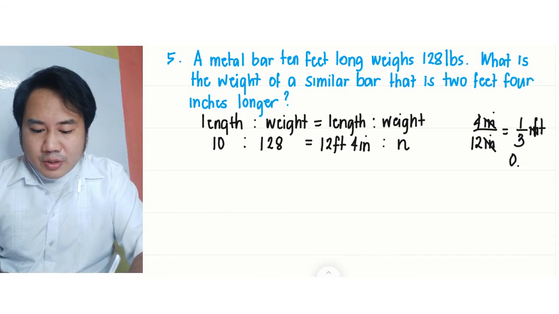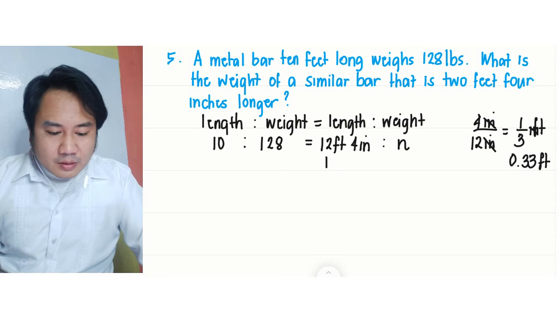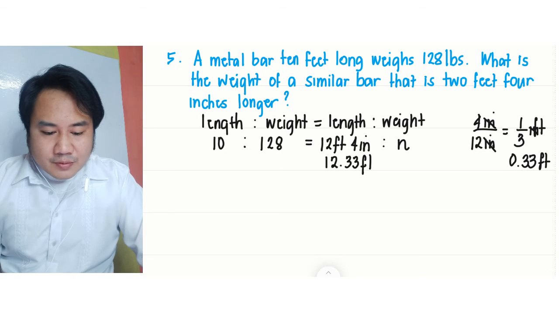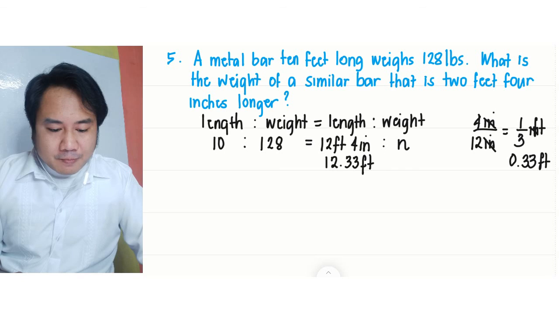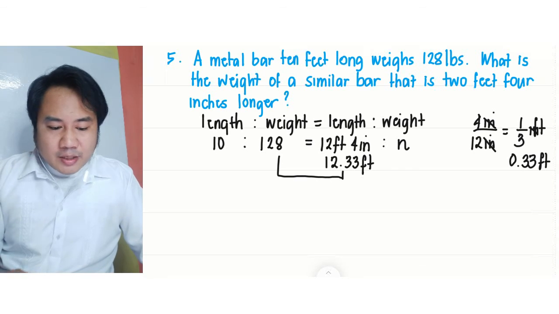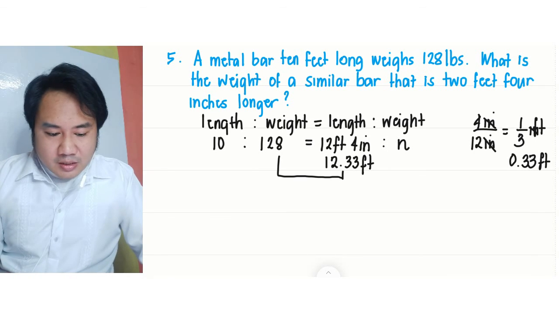So this is 0.33 feet. Dadagdag natin siya dito sa 12 feet. So magiging 12.33 feet. Then, we can multiply 128 times 12.33 feet is equal to